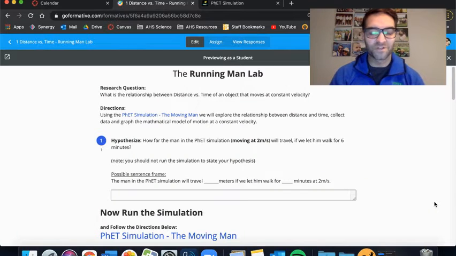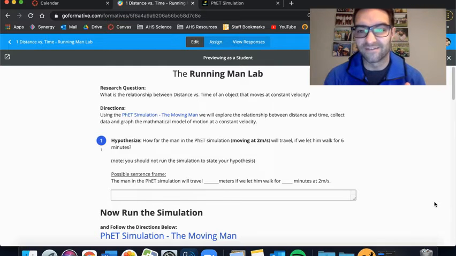Welcome to physics as we are now starting our motion unit. To start with our motion unit, I want to talk about distance versus time and that relationship. To help us with this, I want us to explore it before we just start looking at formal